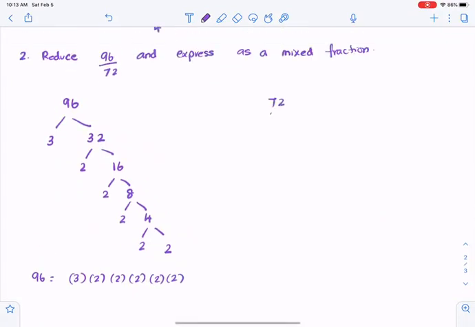For 72, 72 is simply 24 times 3. 3 is a prime number. Of course, you could start with 2. Nothing wrong with that. I just wanted to start with 3. So 24, 3 times 8. 8, 2 times 4. 4, 2 times 2. And that is it. So 72, I can write it as 3 times 3 times 2 times 2 times 2,